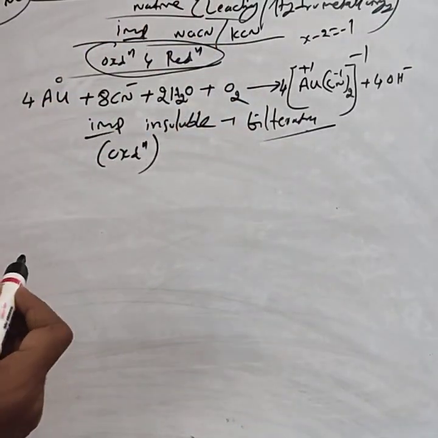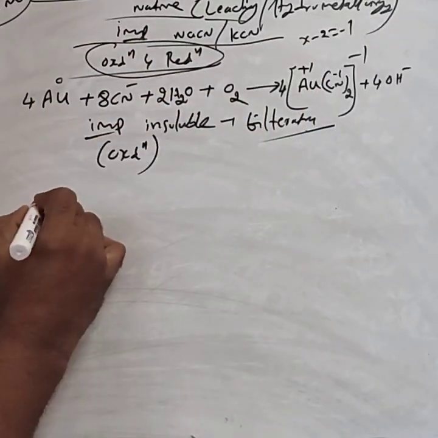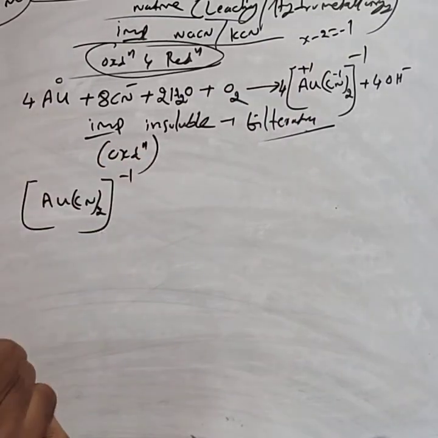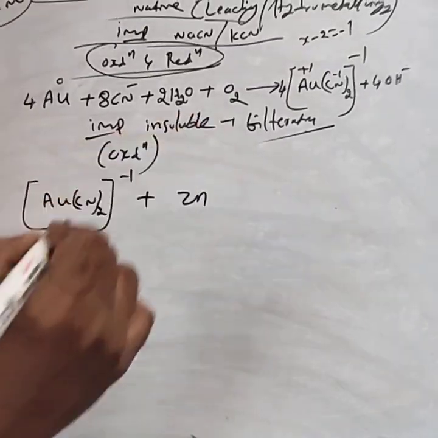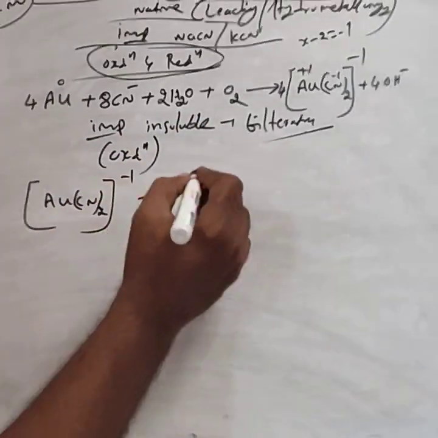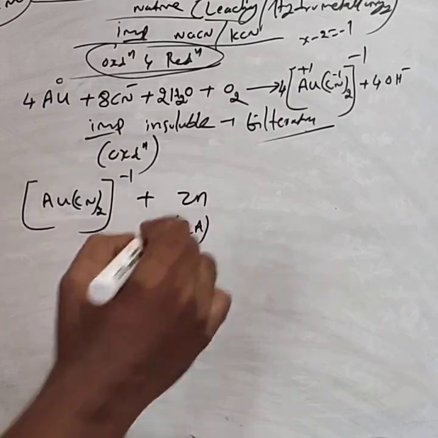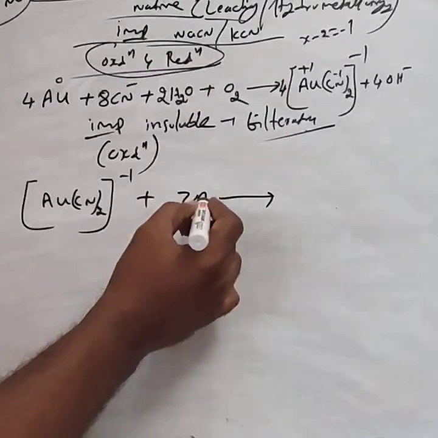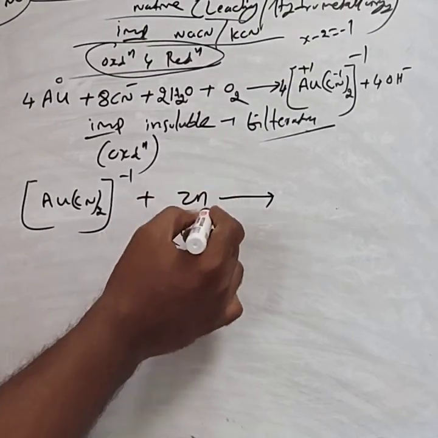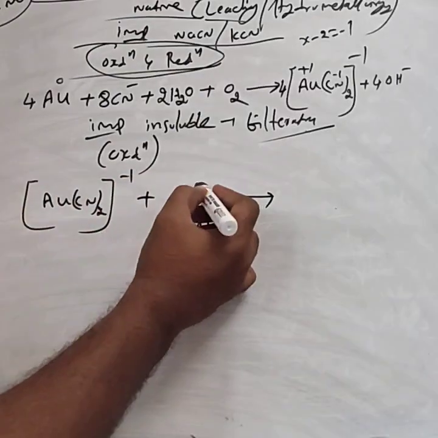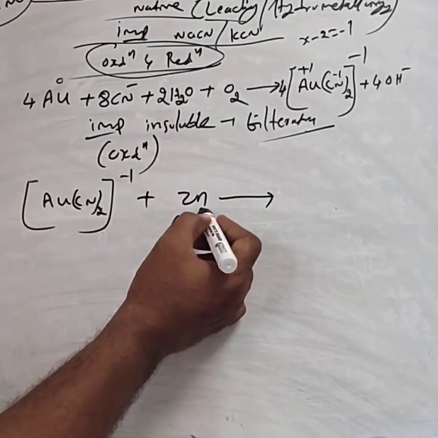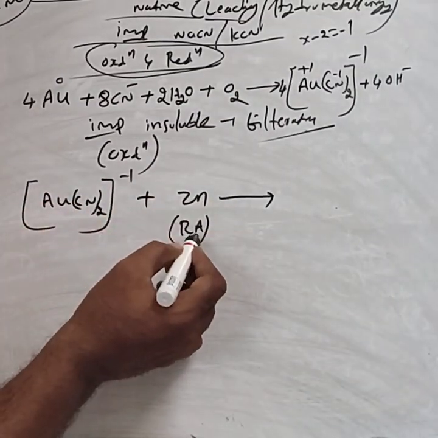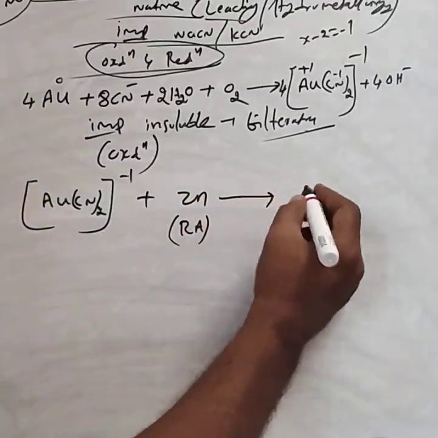This is an oxidation. Then this gold solution, the soluble complex compound containing gold, is treated with zinc, an electropositive metal. This zinc acts as a reducing agent. Zinc is highly reactive compared to gold and has a lower SRP value, standard reduction potential. Hence, zinc displaces the gold and acts as a reducing agent. Zinc displaces the gold from the solution.